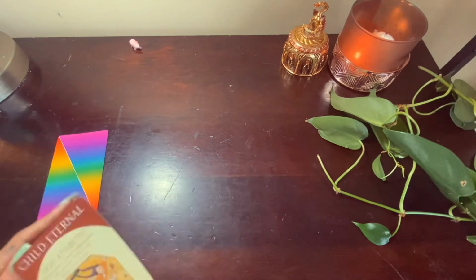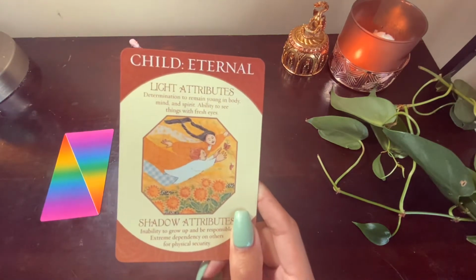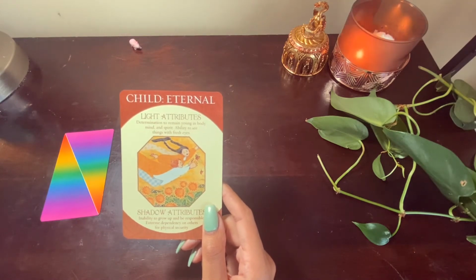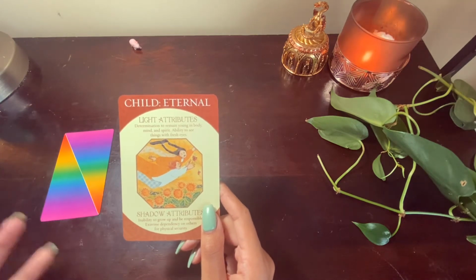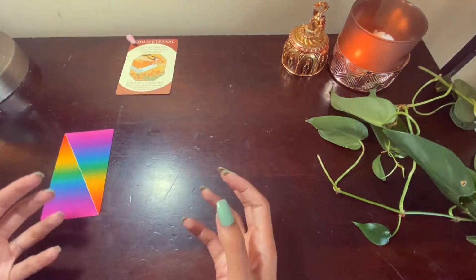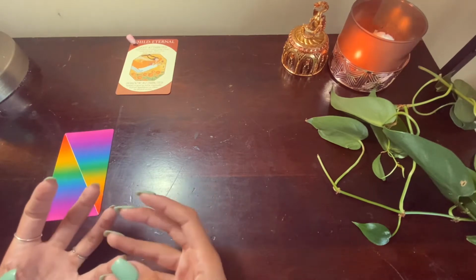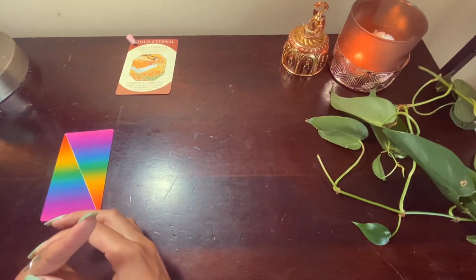So, the archetype that came out was the eternal child. This is kind of the card of a little bit of Peter Pan syndrome, where you don't really want to grow up. It's kind of like young in body, mind, and spirit, and you see things with fresh eyes. You're always excited, okay? I'm feeling this excitement even as we got into this reading. So I'm really feeling like maybe